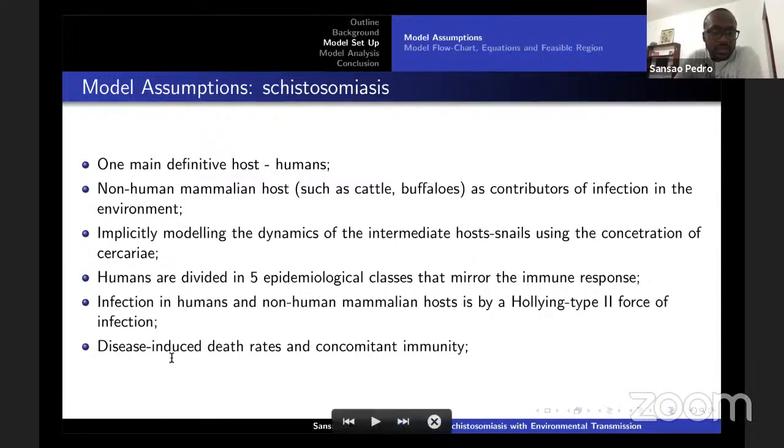And we also include a disease-induced death rate in order to evaluate the morbidity and mortality impact of the disease. But as well, this could be helpful when putting together scenarios of control, either in the human host or non-mammalian